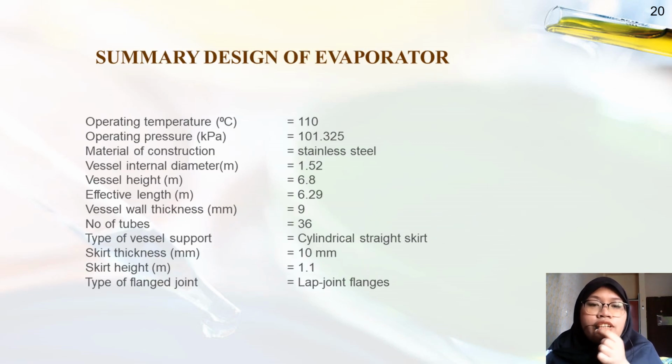This is the block diagram of the evaporator, where the evaporator has 1 inlet and 2 outlets. And this is the summary design of the evaporator, where the operating temperature is 110 degrees Celsius, the operating pressure is 101.325 kPa, which is equivalent to 1 bar, and the material of construction is stainless steel, where the vessel height